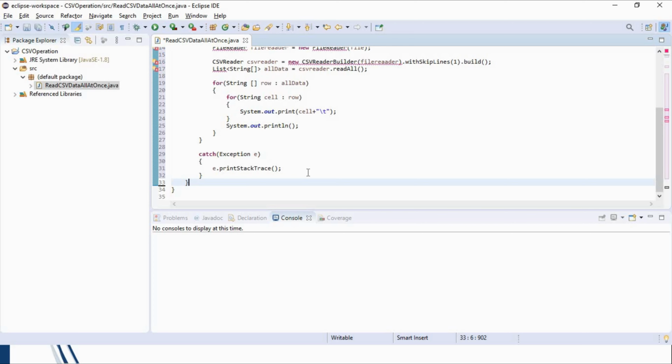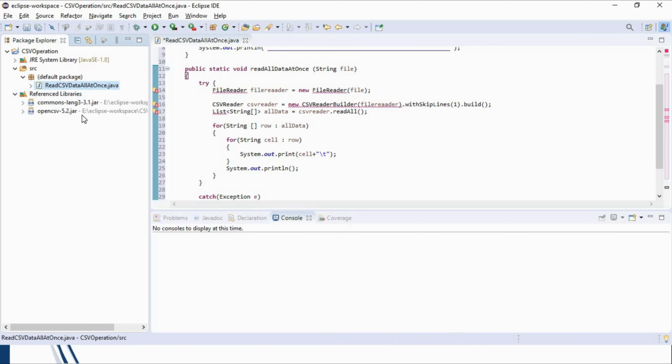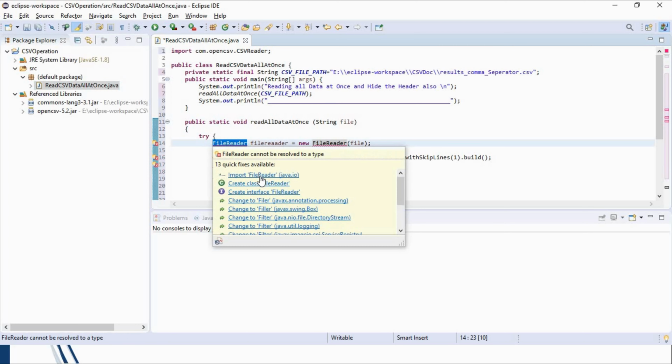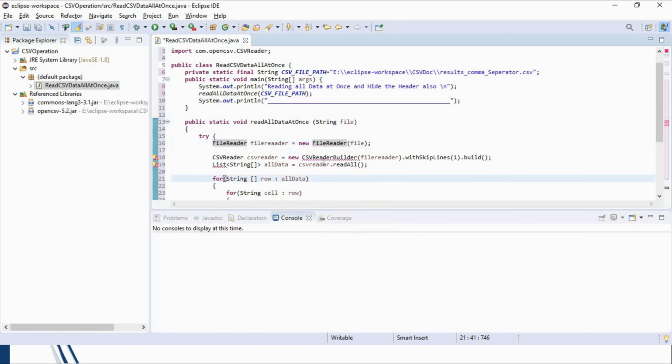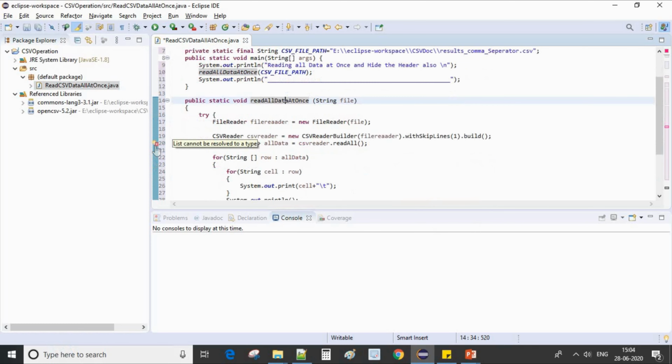And now let's review our program. Multiple markers at this line: FileReader cannot be resolved. Okay, so since we have imported the jar file, the dependencies are not imported. We will just click on it, click on Import FileReader. Now for this again click on CSVReaderBuilder. List cannot be resolved to a type.